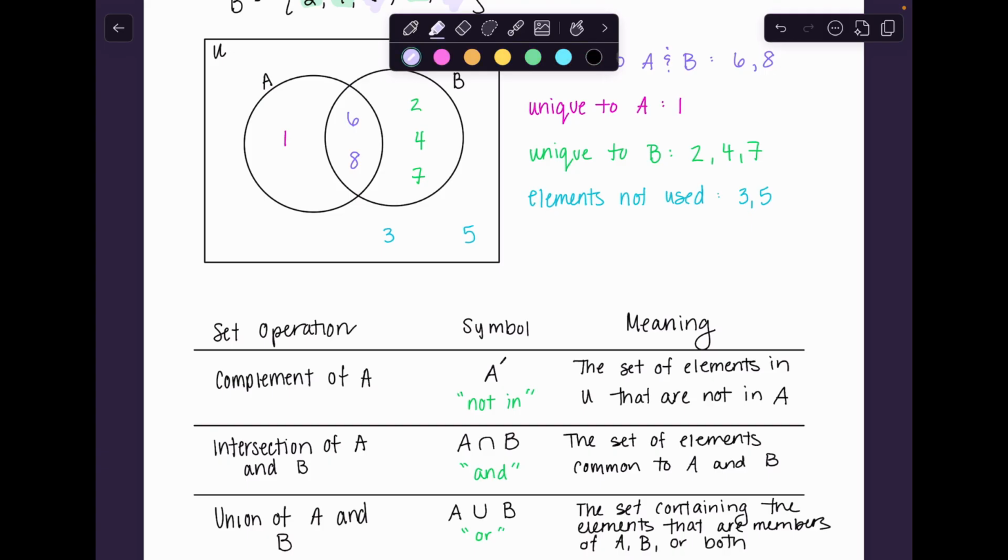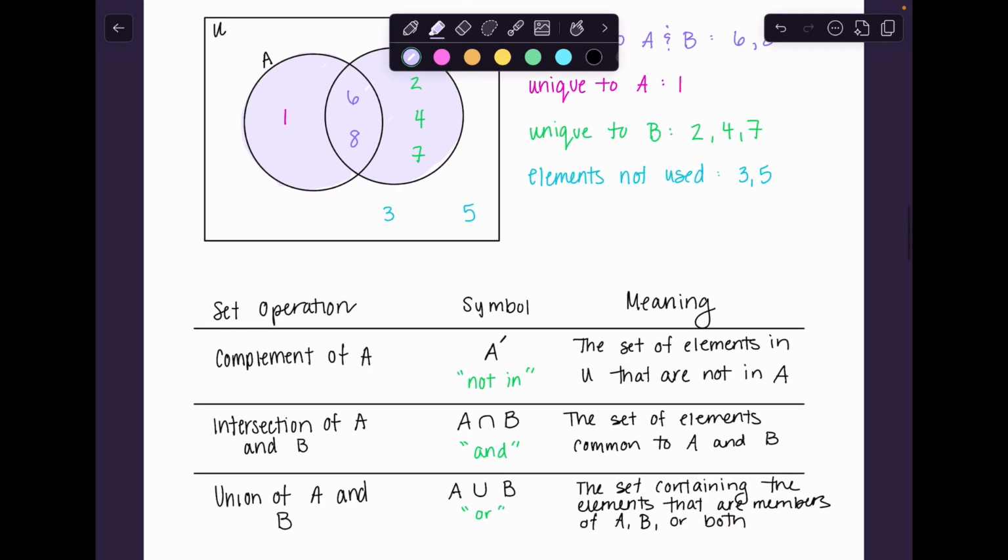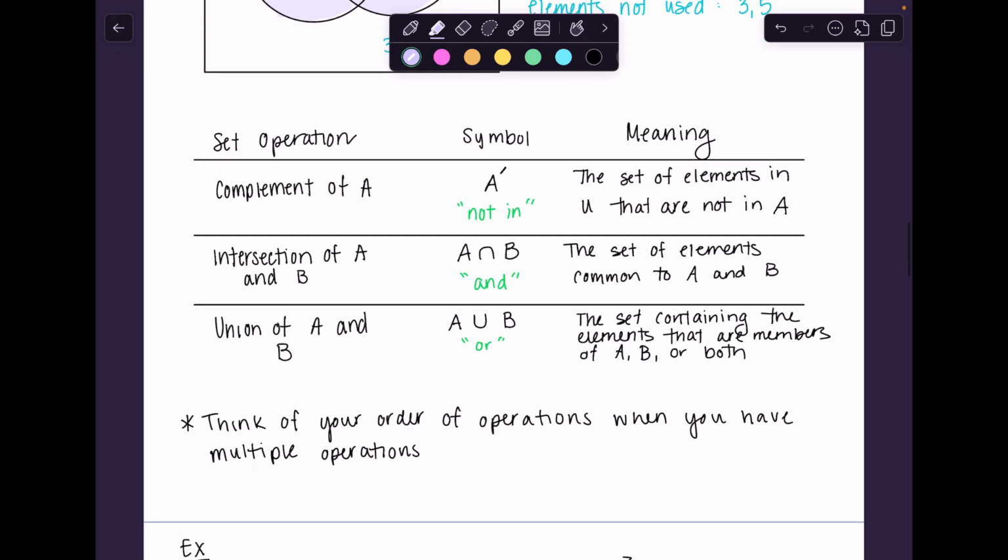So if I go to this example here and I look at the union, I'm really just going to meld these into one giant circle. So the union would make not a circle, but one welded together piece. The union is everything putting these two together. Okay. So when you go through, if we have a bunch of operations, because I can combine all of these,